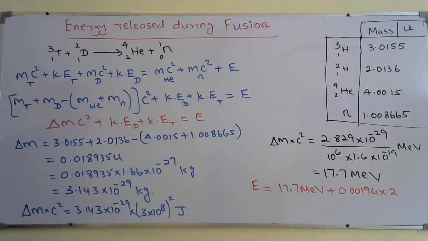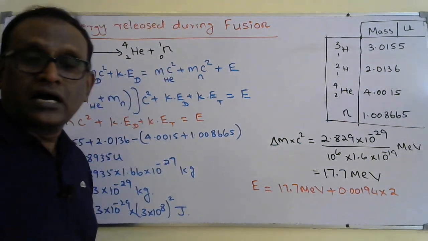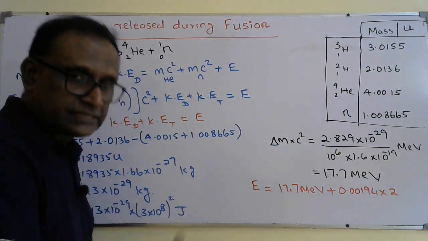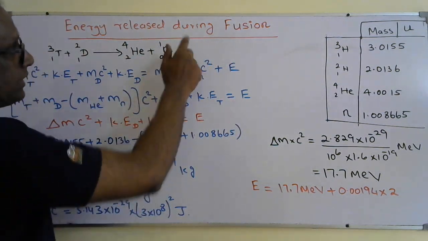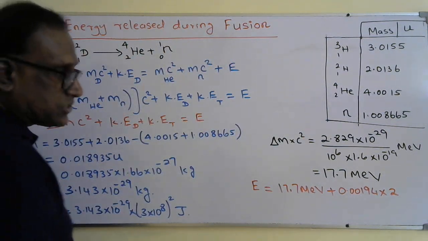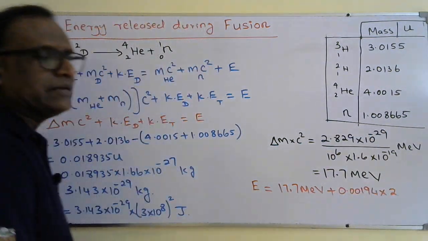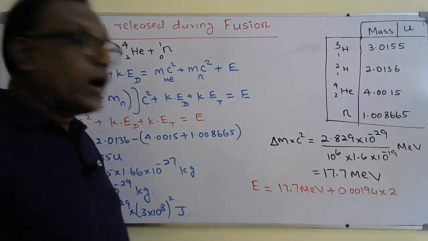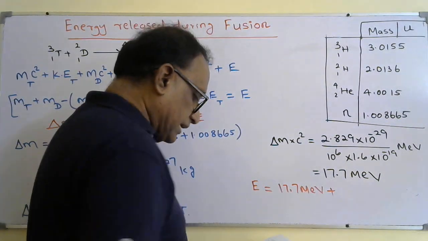0.00194 into 2, because I multiply by 2, this is for one particle at 15 million Kelvin. I calculated that earlier when I started this fusion, so this one I did already. So 0.00194 into 2. Even if you consider the extreme condition, which is 1 billion Kelvin, there the energy will be